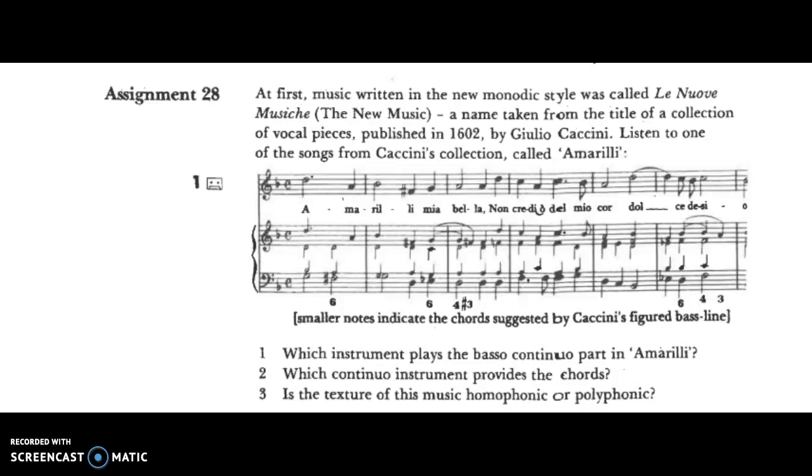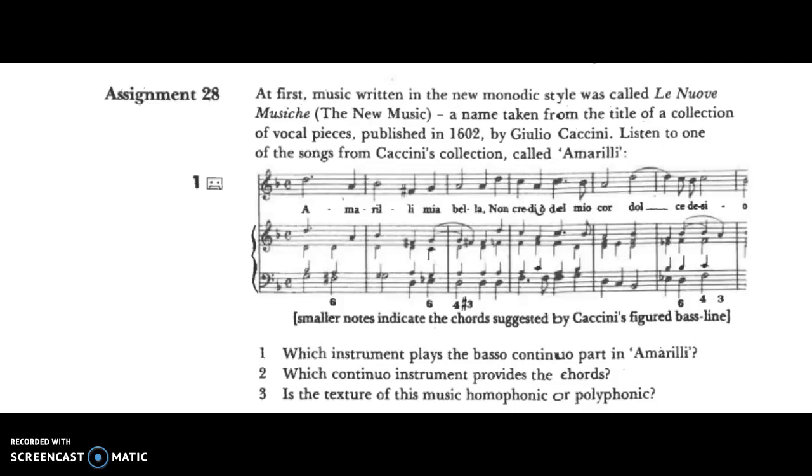Now you have this assignment for the week, assignment 28 in your Cambridge books or scans. At first, music written in the new monodic style was called Le Nuove Musiche, the new music, a name taken from the title of a collection of vocal pieces published in 1602, that's very early, by Giulio Caccini, very early Baroque. We're going to listen to this song, and I also have a recording on Google Classroom of this song